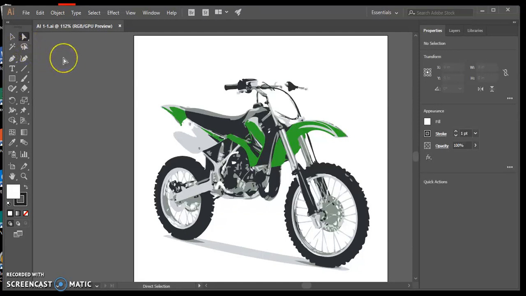What your book is telling you, it says press the following keys and note which tools are selected. So if you hit A, that's your direct selection tool. Let's hit P, that's your pen tool. You're going to be using that a lot. V,